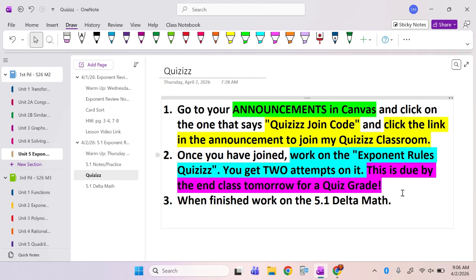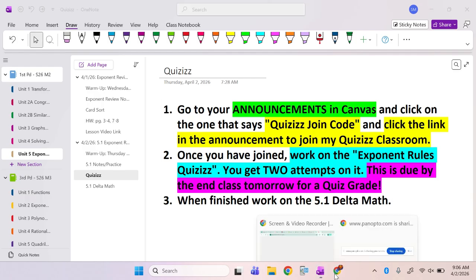At the very least, in this next 15 minutes. It's just exponent rules. It's open note. It's completely open note. It's not open friend though. At the very least, I want to make sure you get into my quizzes classroom. That's why I want you to do that right now. You need to get into my quizzes classroom, so that if you have issues,